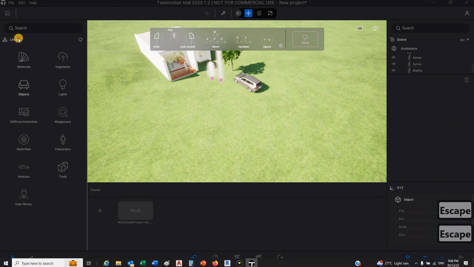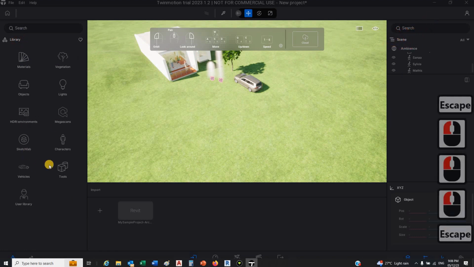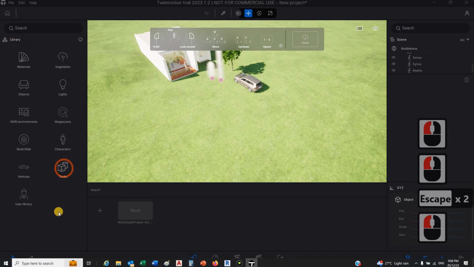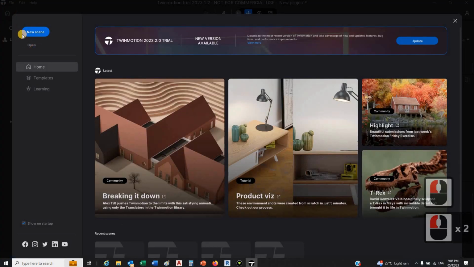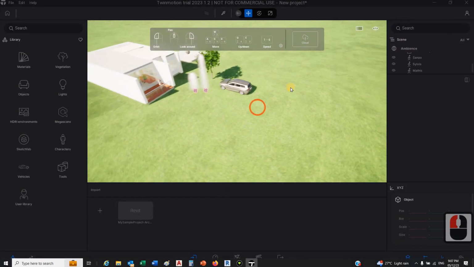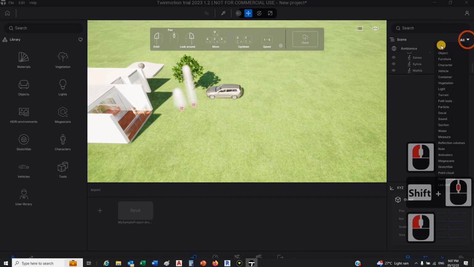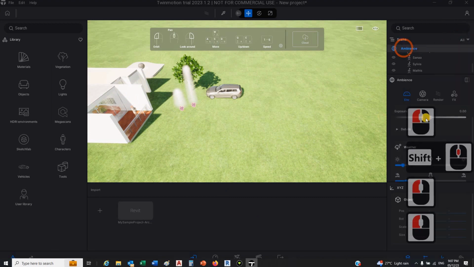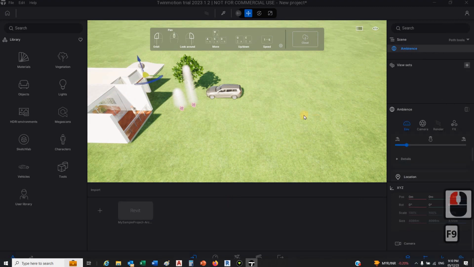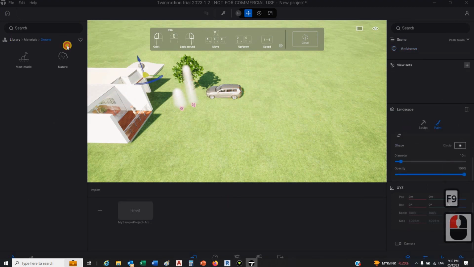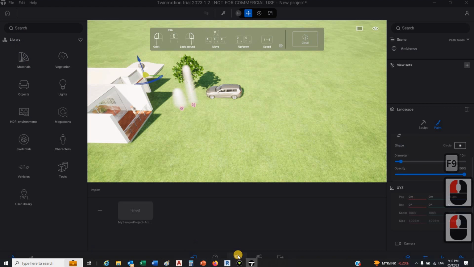I'm going back to here, library, okay, scene. Okay, way back to here. Then we click all ambience, okay. So let's say you want to add some moving object, okay? You can go back to here, the